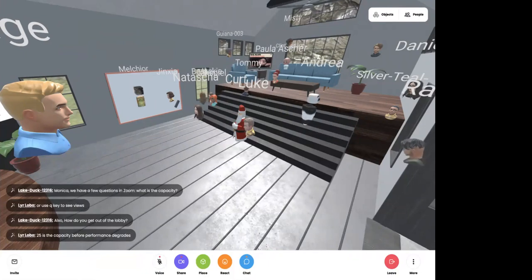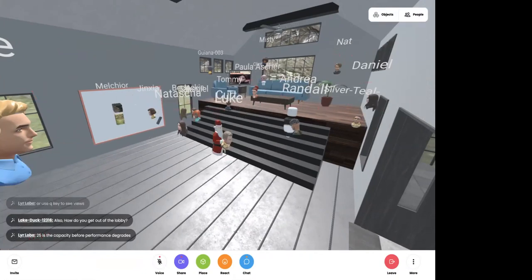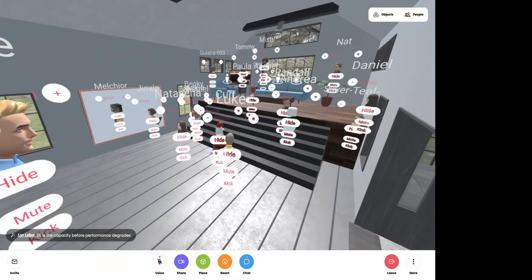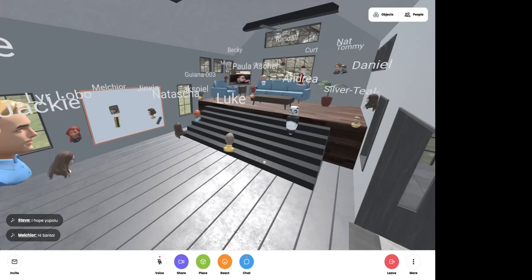Here's what it looks like. It's a little hard with so many people in here, but you can see there are little heads sticking out of the couch. And if you press the space bar, you can click on that head and it will put you there. I was going to demonstrate that, but it looks like some people are doing that. I don't want to change my view. Again, that helps people find a seat real quick, or jump to a common location that you're teaching in the room.